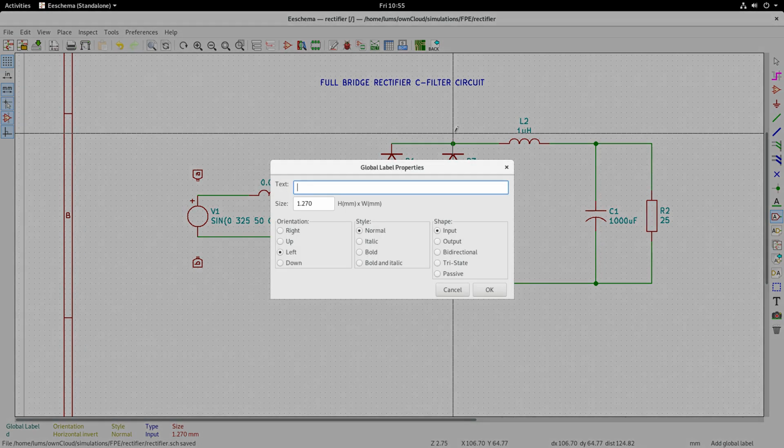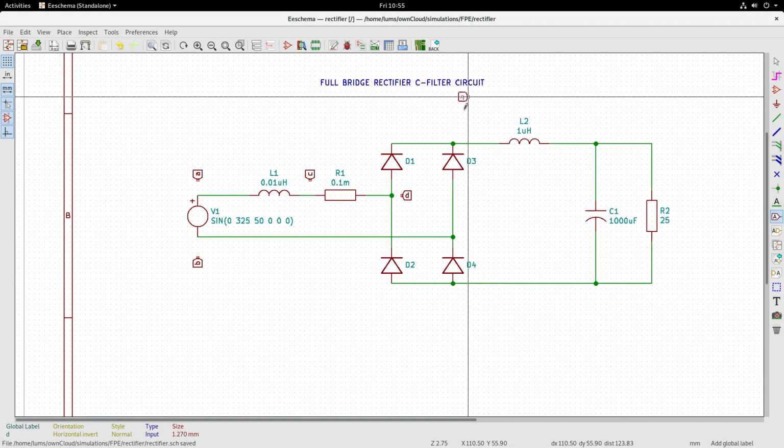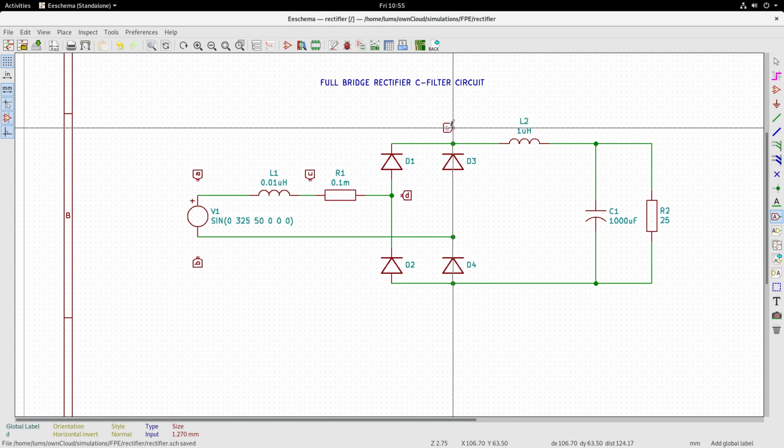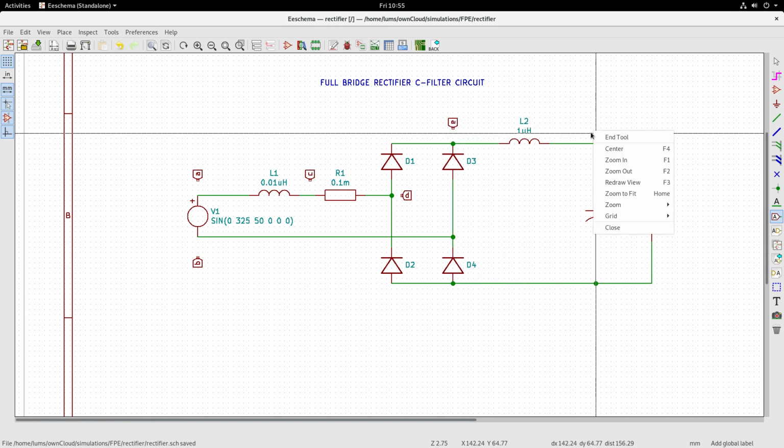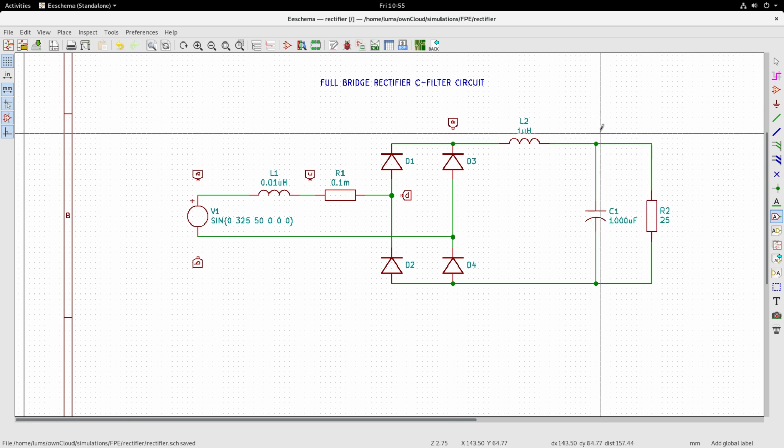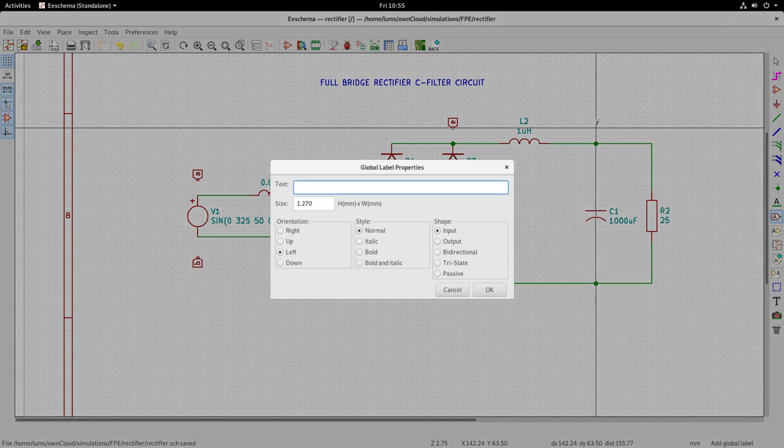Here, one at the output, I'll do it as O.